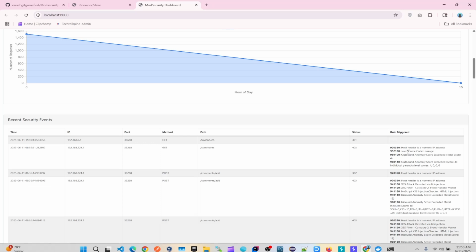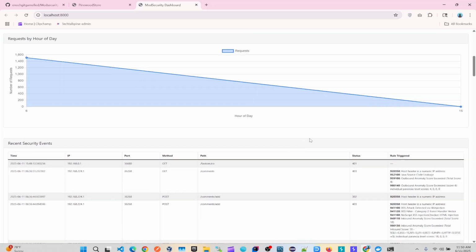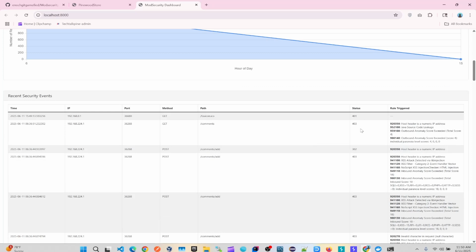You write the rule and it will trigger, and based on how you write the rule, if you want it to block, just like in here, as you can see,